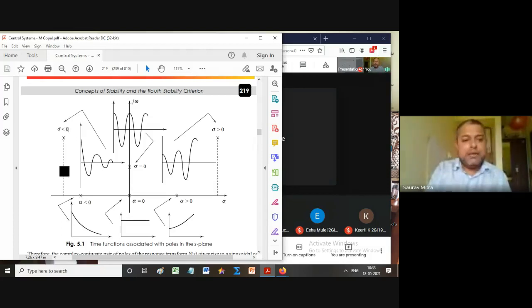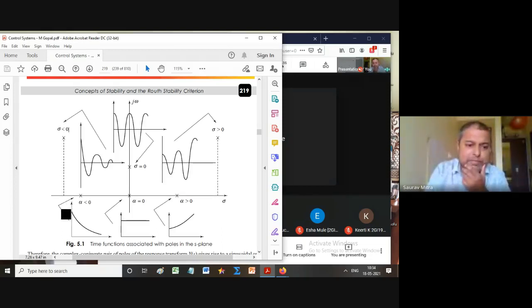So that is another case. And what happens if we are taking the pole deep into the S plane? If you are taking the pole deep into the S plane, you will find that the fall will become faster. And what happens if you are taking the pole above, towards up? So this omega value, if you are increasing, this position is called minus 2 plus 3j. That 3j is nothing but omega. So minus sigma plus j omega we call it. So this is the sigma axis and this is the j omega axis. So minus 2 plus 3j and minus 2 plus 10j. What is the response difference between that?